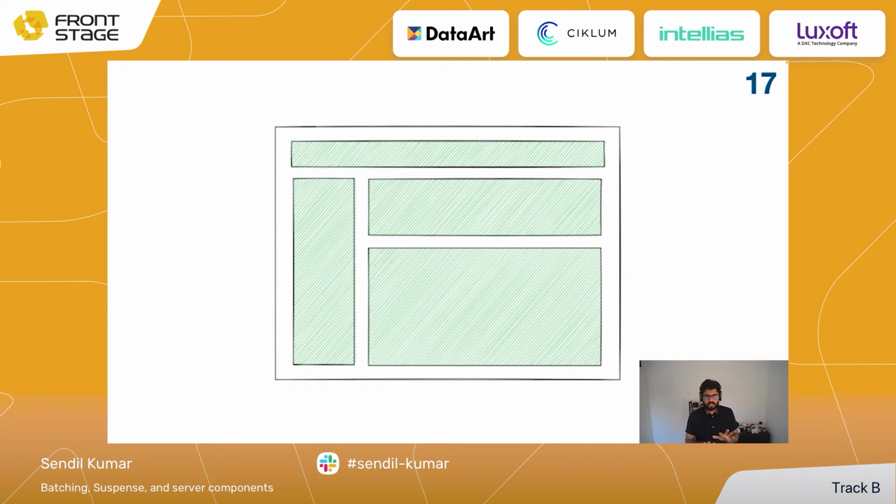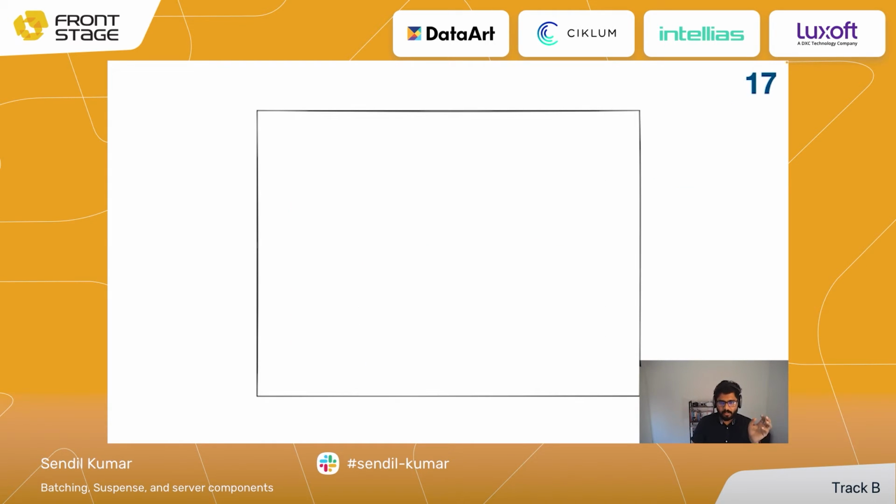So for example, this is the overall picture that you're going to see: a page with a header at the top, a sidebar, a hero image or some central component, and then a smaller component over there. So this is the final state that you want to render for your application. In that scenario, when the first loading happens, your browser starts to work, it sends out the request, 3 in parallel or 6 in parallel, and then it downloads all the resources